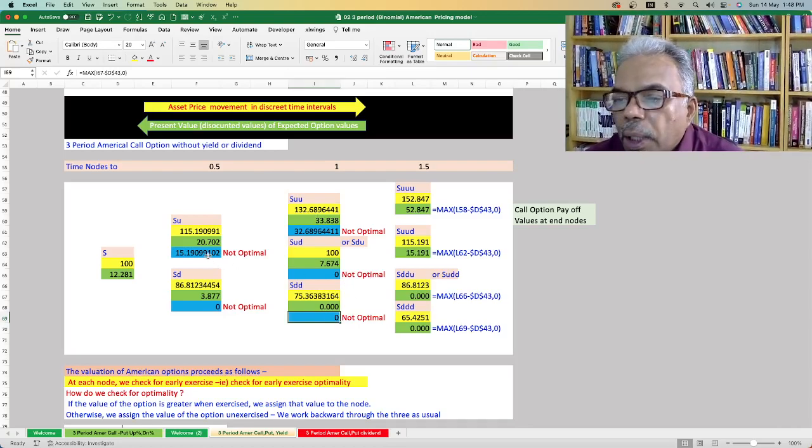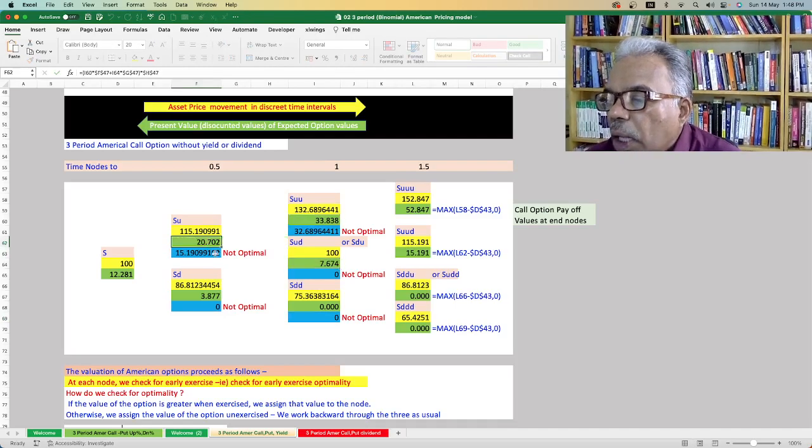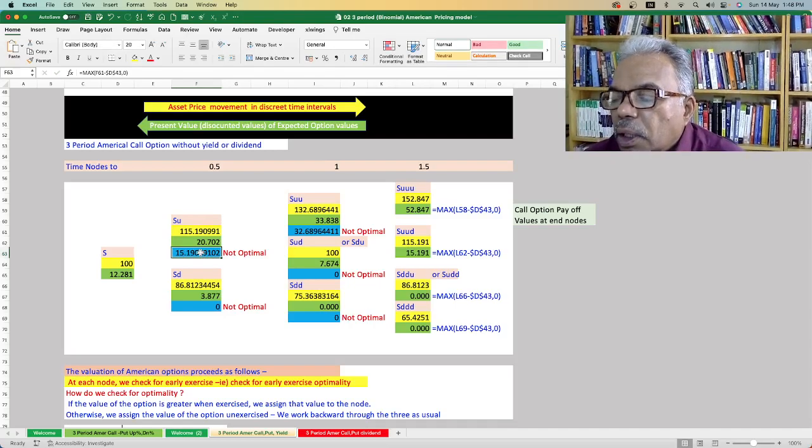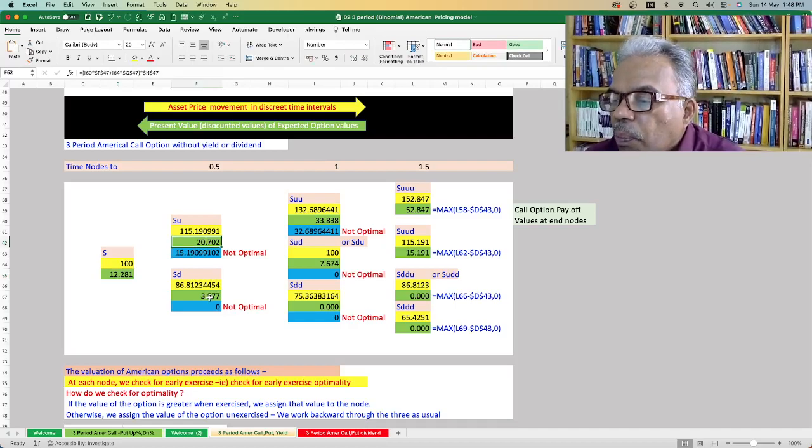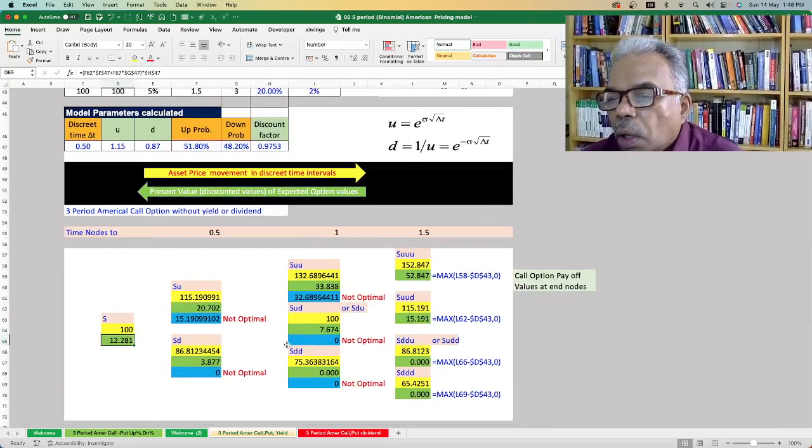Again we have to move backwards, and calculate the present value of the expected value as usual, and we calculate the payoff value at this node also. We need to compare whether this value is more than this. So it so happens that at both these nodes we cannot exercise the option, because these two values are not more than the expected values. Again, as the last step, we need to calculate the present value. The expected value is nothing but 20.72 into the up probability, 3.87 into the down probability, multiplied by the discounting factor. Now the call option price is